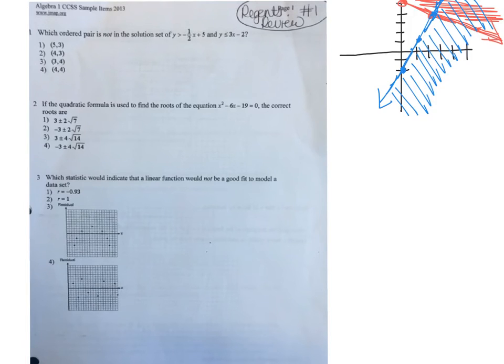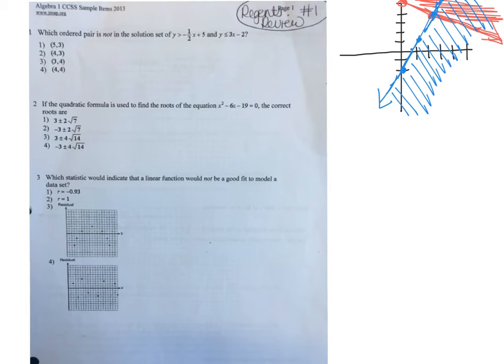Regents Review Packet number 1. Which ordered pair is not in the solution set of y is greater than -1/2 x plus 5 and y is less than or equal to 3x minus 2? So since these are both inequalities in terms of y, all you have to do is graph them very similar to an equation on the calculator, and you'll get two lines very similar to, or exactly the same as what